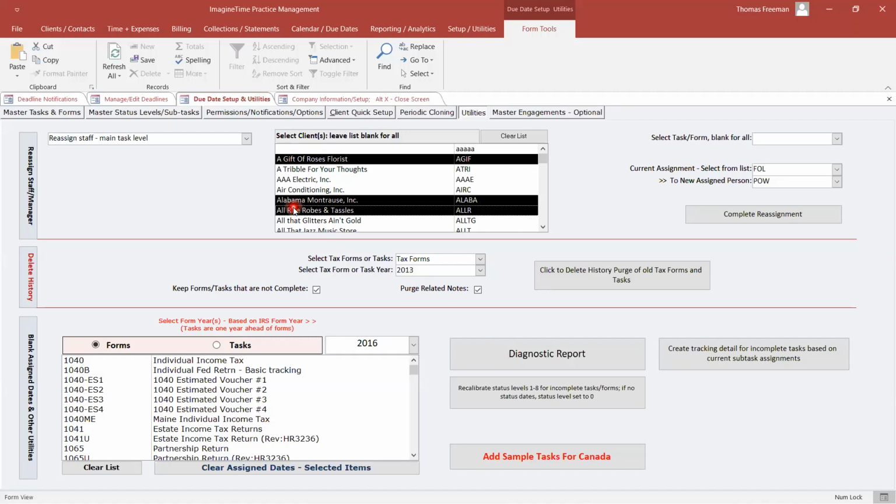This is a very powerful utility. There's turnover in CPA firms. So if you're using the due date system, read the help manual, use this utility. It's very strong. Let's see if there's,